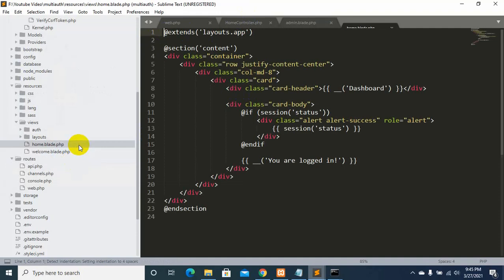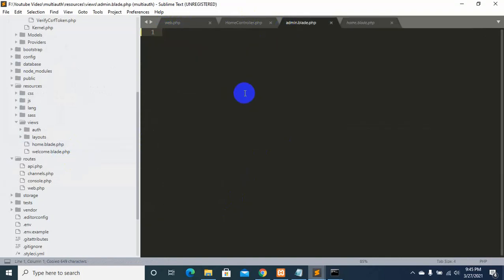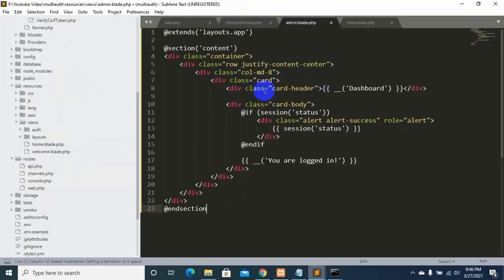So let's just copy code from home.blade.php. I'll just copy it from here, Control C and paste it over here, Control V. Okay, so this will be for admin view, right? So let's say over here h1, this is admin home page.